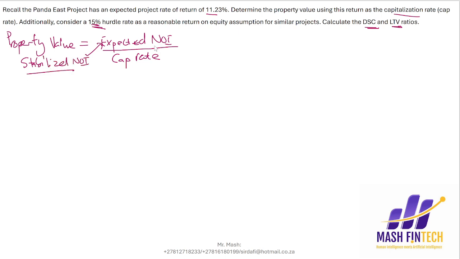This continues into the future. You know how we make this assumption that the final value has to perpetuate going forward. And hence the property value, the expected NOI, is the value that we just got for the NOI, 23,760,000. We divide this by the cap rate. This is given based on the expected project return, which is 11%. If we calculate this, we are going to get the property value